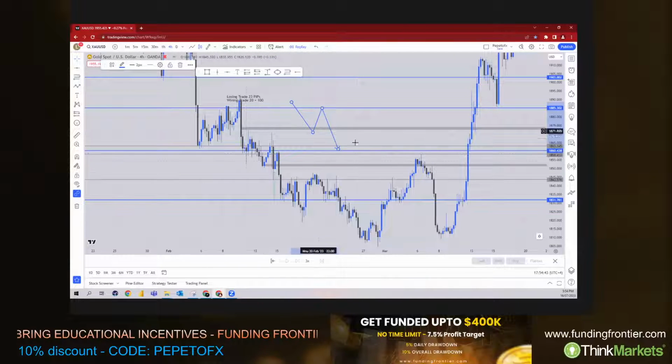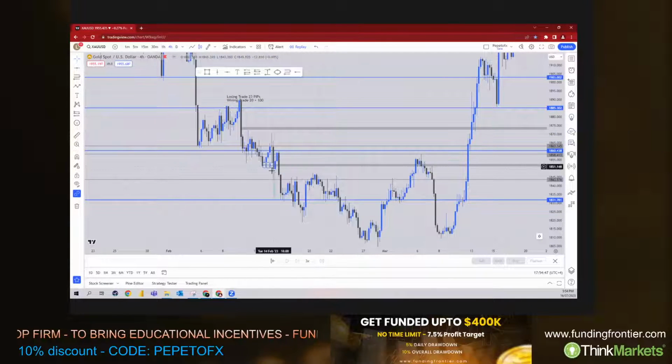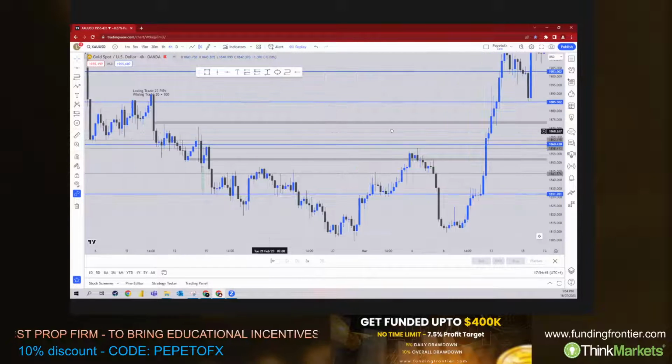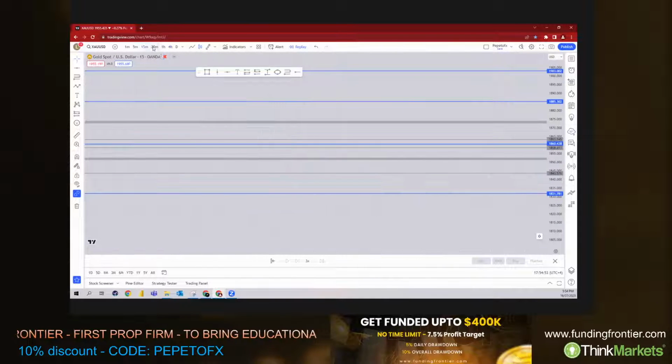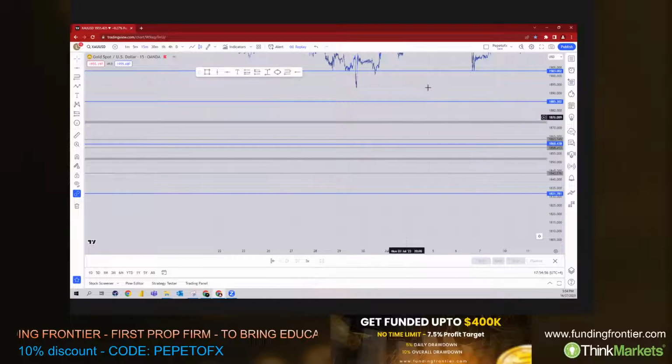Okay, so many times we saw it here, even after the news here. Now we closed below the support. We said we need resistance. Okay, so what we are going to do,